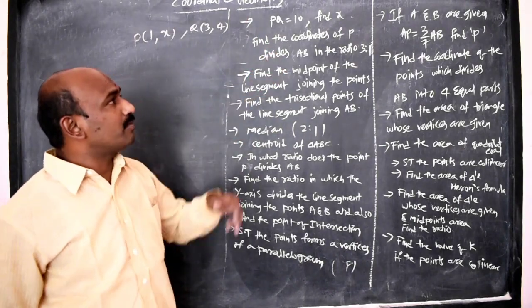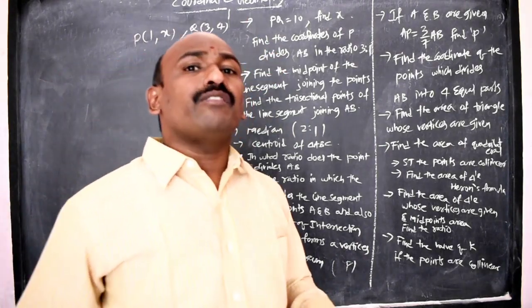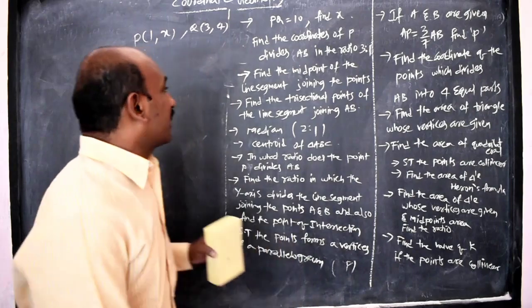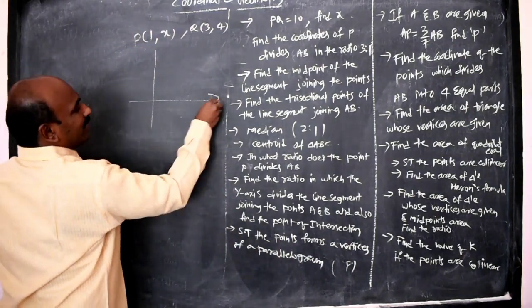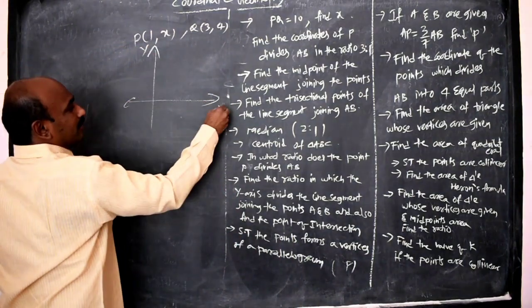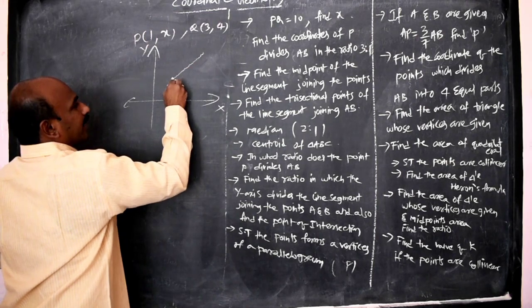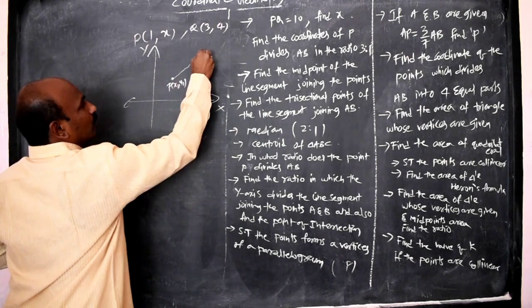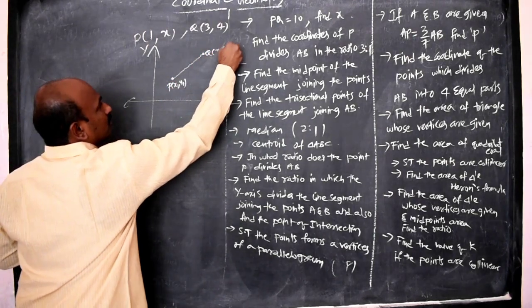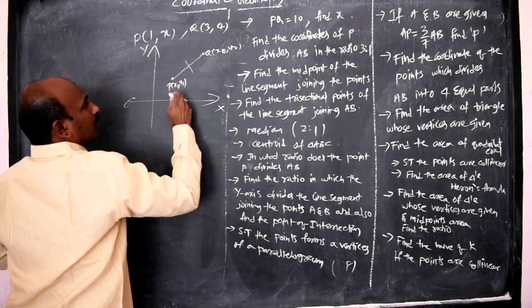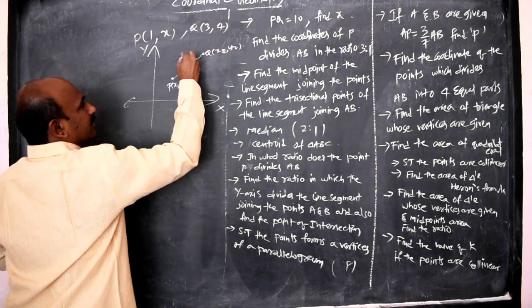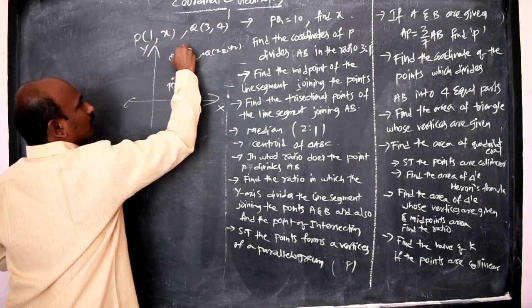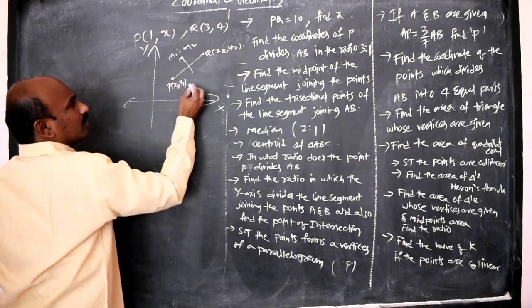The next concept is the section formula. How can you derive the section formula? We can take points in the xy plane. In the xy plane, if you take 2 points P (x1, y1) and Q (x2, y2), and M divides them in the ratio m1 is to m2, if you take the ratio,